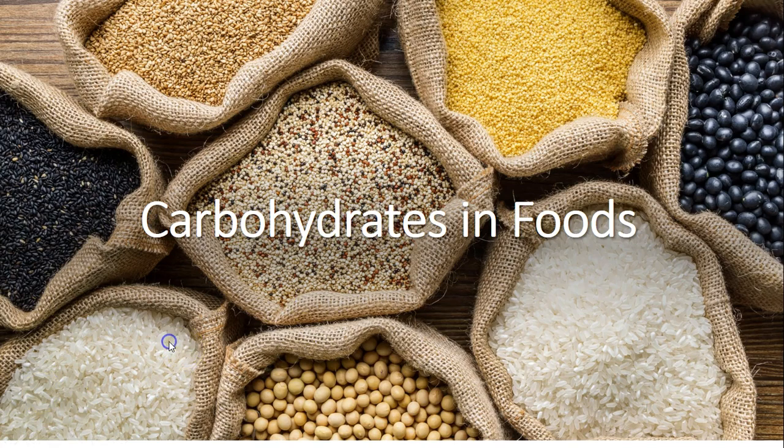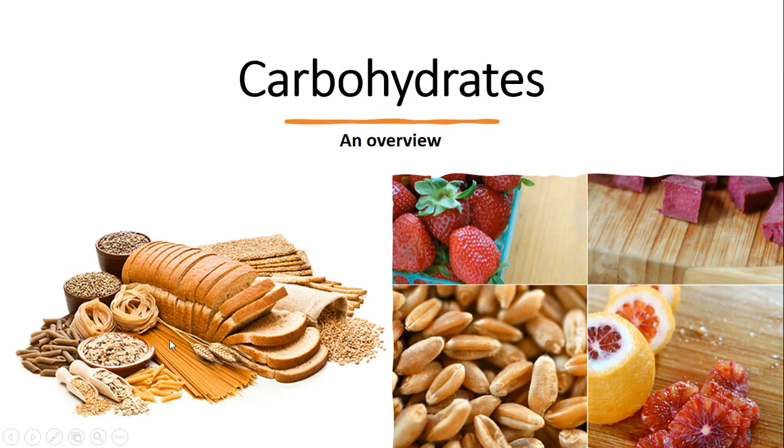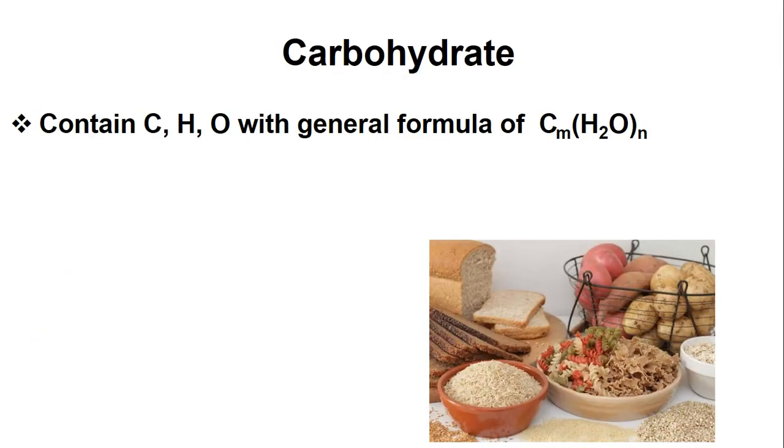So, what are carbohydrates? Just to give an overview, as I mentioned already, we'll look at the different types of carbohydrates, we'll look at the definition of carbohydrates, and then finally some functional characteristics of carbohydrates. Carbohydrates in general contain CHO, so they have the carbon, the hydrogen, and the oxygen atoms in them. Of course, we know that carbohydrates are hydrocarbons, so it's not surprising that they've got the carbons and the hydrogens in there, and their formula is generally